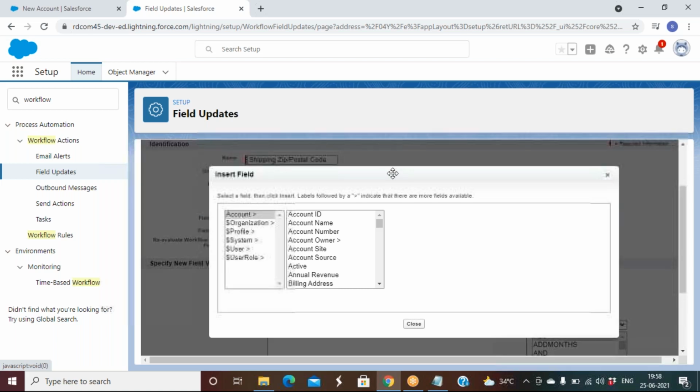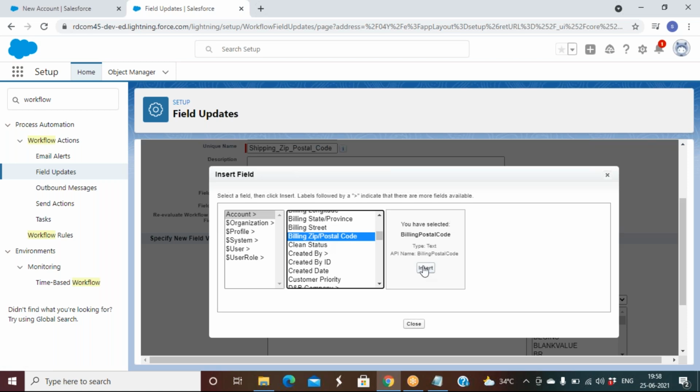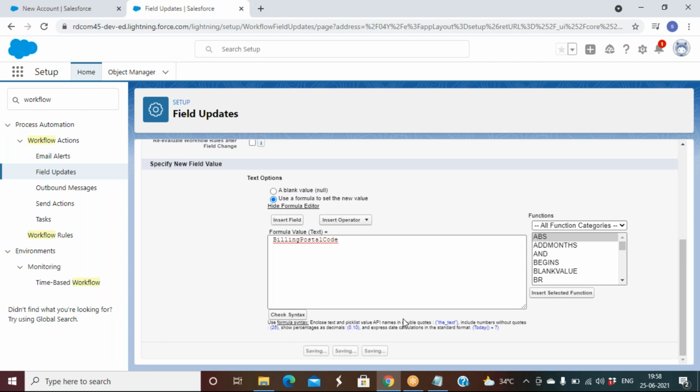Show data from billing zip or postal code. Save and new.